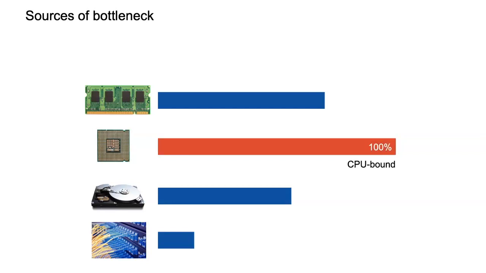Or, no, in that case, the example is the CPU, not the memory, sorry. So in that case, the memory is not full and the CPU is overloaded. And you see that all your CPUs on the cluster are running 100%. We use the terminology CPU bound. CPU bound means that the bottleneck is the CPU.